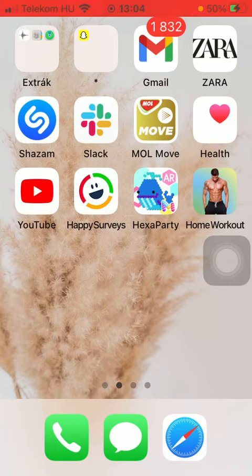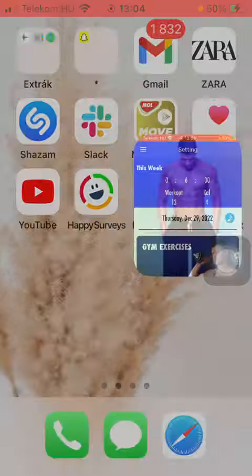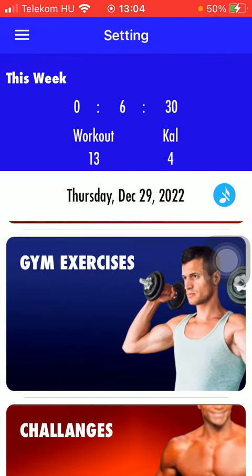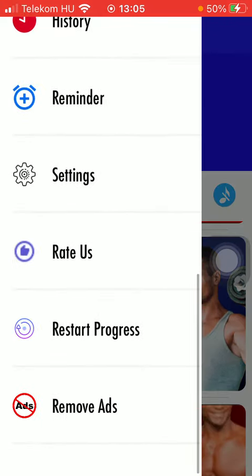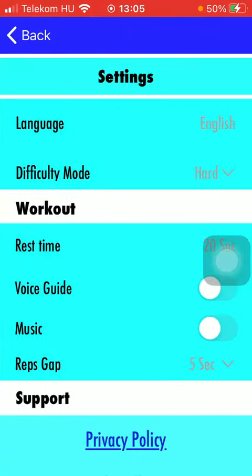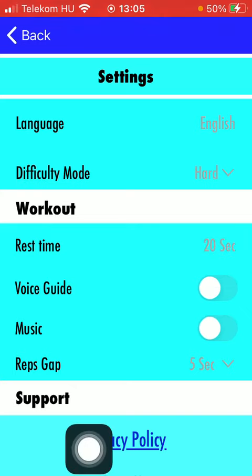So let's jump into it. First of all, open the application on your phone. After that you should tap on the menu icon in the upper left corner of the screen. Then scroll down to the settings section, tap on it, and here you have the rest time option in the workout section. Tap on it and you can set it. Now as you can see it's set to 20